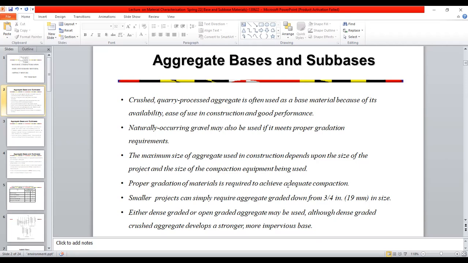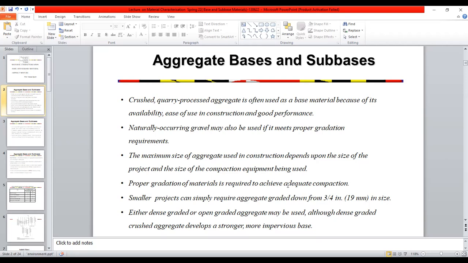So though with sustainability issues in the world, people are using recycled aggregate, but in countries like ours, it is my understanding that for us, a natural material is more reliable as well as more readily available.